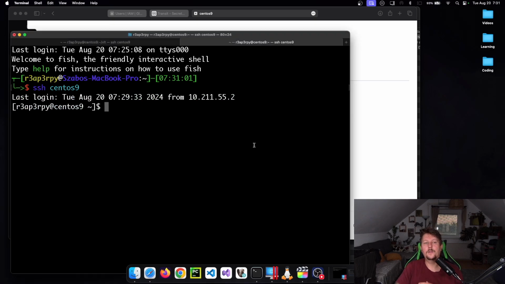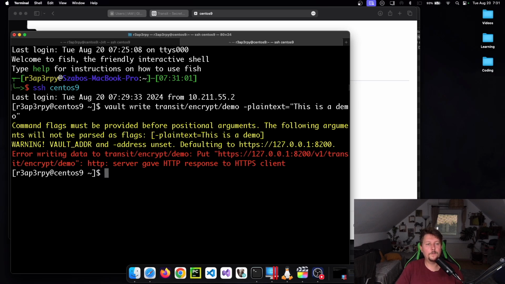In order to write a secret, what we will do is to use vault write transit encrypt demo, and the plain text, which is going to be, this is a demo. And as you can see, it failed because it expects us to use, oh, I forgot,